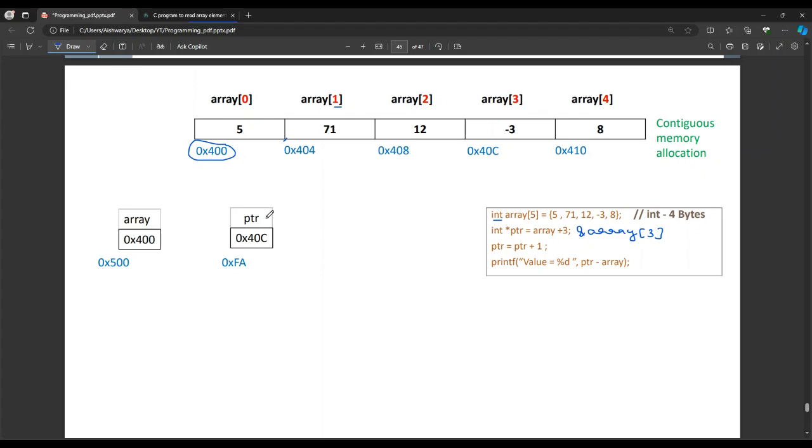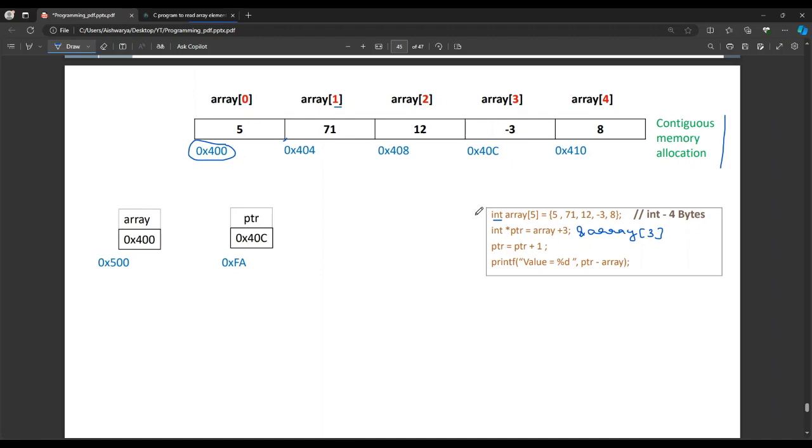So this ptr is another variable. So this also has an address. I have assumed a random address of 0x4a. Why is it not contiguous here? Because array allocation is contiguous, but others could be random. It need not be next to each other, continuous, like in this case with respect to the array. It could be somewhere else also in random positions.